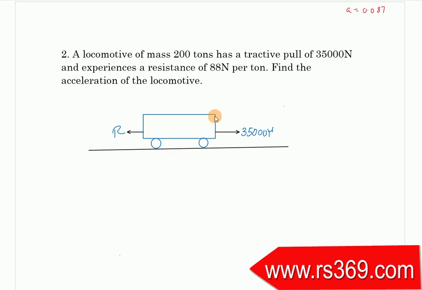So I'm looking at a scenario where this locomotive is moving towards the right, and the attractive pull is that pull which is provided by the driver putting his foot on the acceleration pedal. That is the force from the engine. So it is a forward force of 35,000 newtons, and we have a resistance which they are saying is 88 newtons for every ton. Now that this locomotive has 200 tons, it must have a resistance